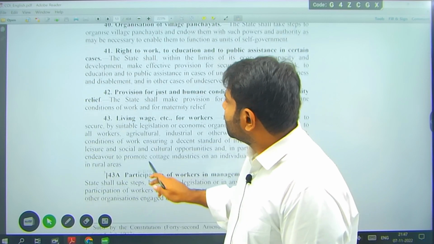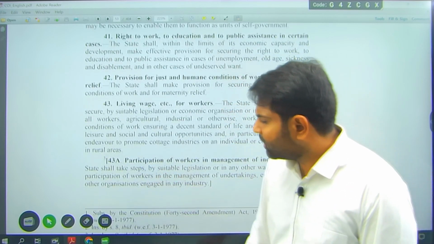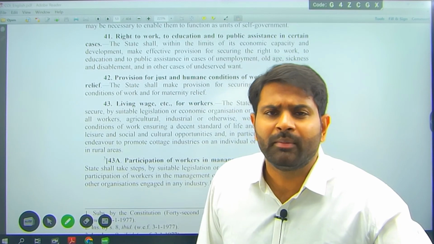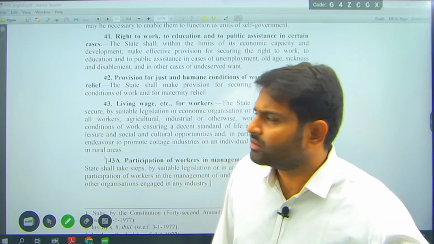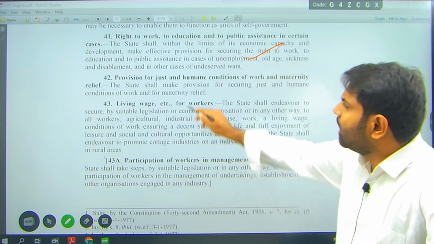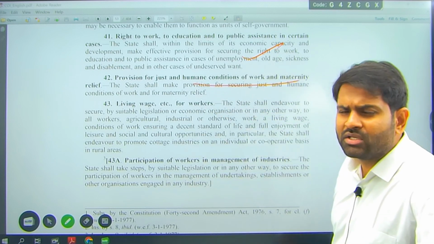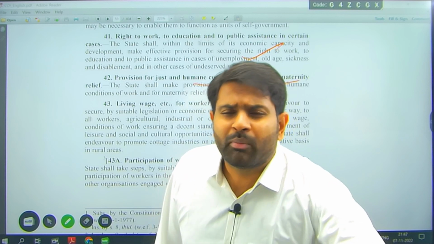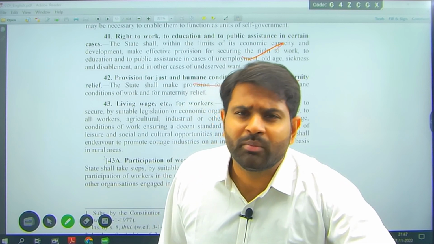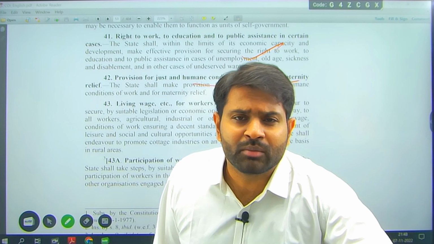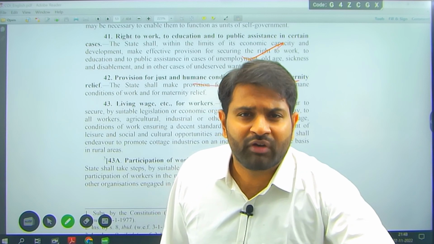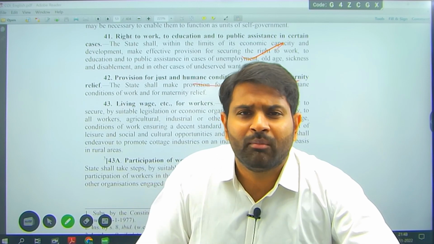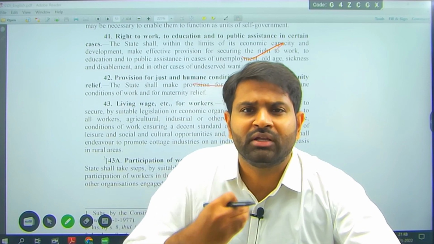That is what the right to work and public assistance are. If you are a disabled person, a differently abled person, then there will be public assistance. That kind of public assistance we are talking about. Provide just and humane working conditions and maternity leave in a workplace. What should be there in a workplace? There should be proper ventilation, water availability, and restroom availability. For women, maternity leave should be there. For women, a creche should be given. For women, fair salary and compensation should be given. For women, timely work, morning and day work should be given, not night shifts normally.